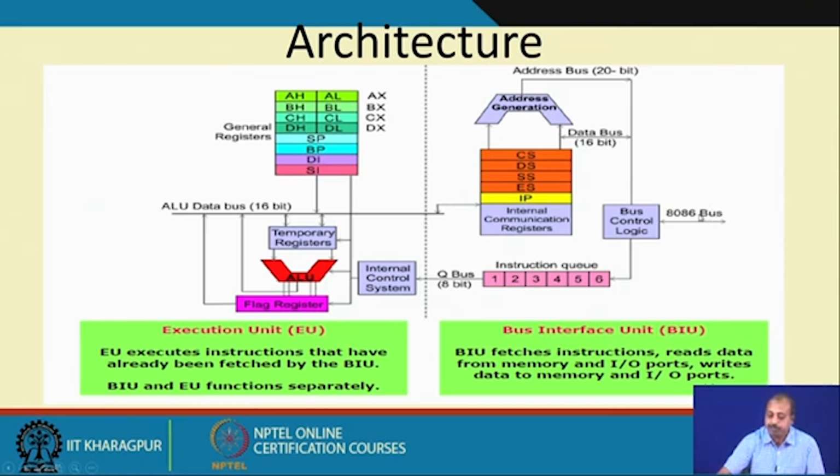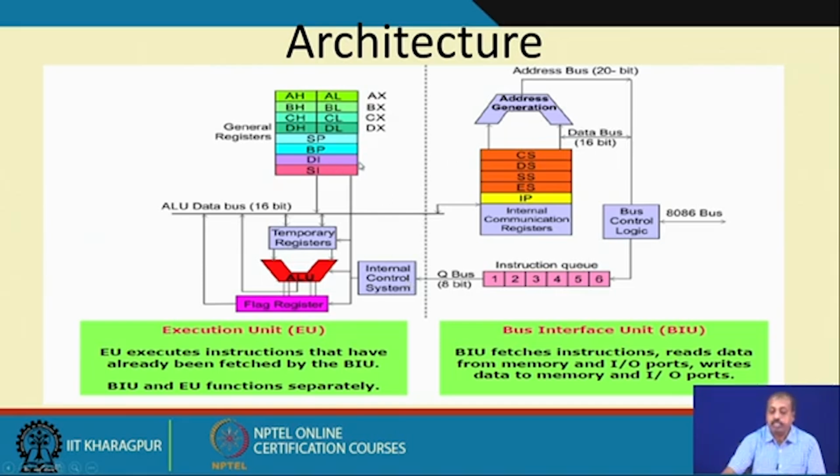And sometimes we also need to connect the data bus here, because we may need to do some operation on the data that is coming from the data bus, some computation related to the address. So, that is why it is connected there. Otherwise, from this instruction queue, the instructions come to the internal control system,